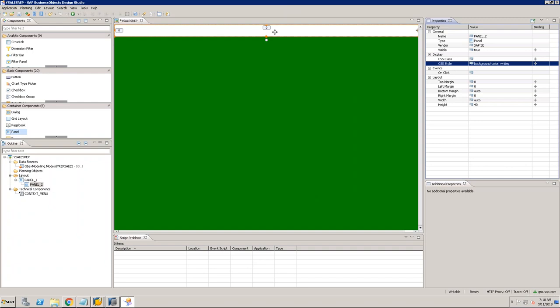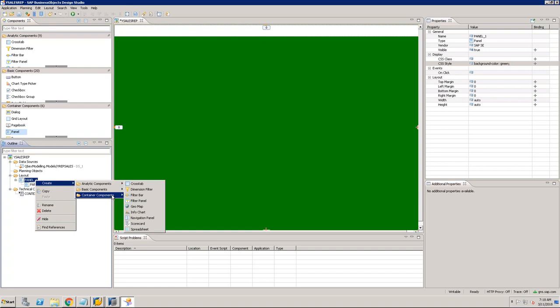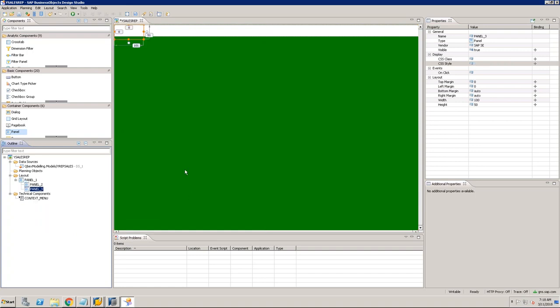So I've got a big panel for the body, and then another panel at the top for the header. That is fine. Then I'll take another panel which is for the body. Right click again, create another panel which indicates the body below. Already I've got one panel at the top with height 40. Now I want panel 3 to start after that. So the top margin should be 41, so that it starts after the sub panel, and then height and width are auto. It takes the complete size,